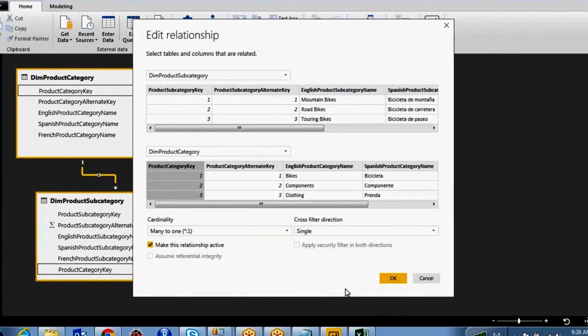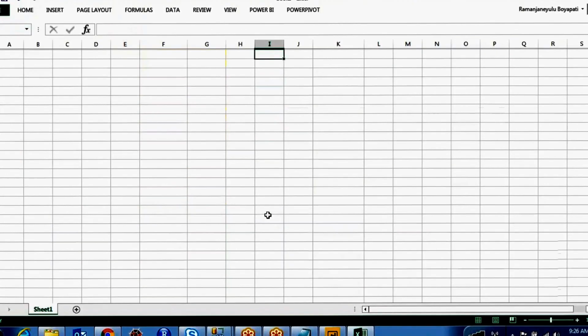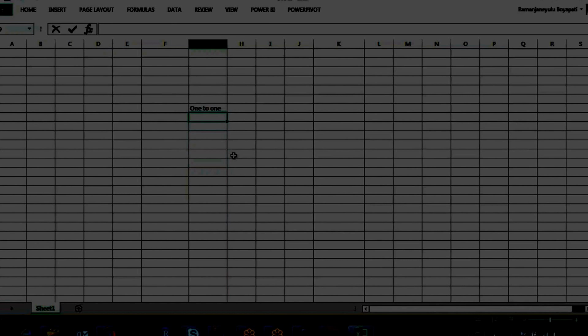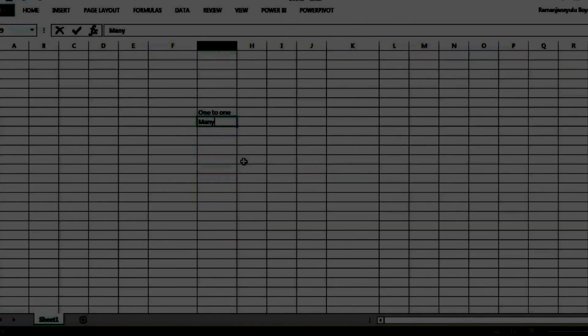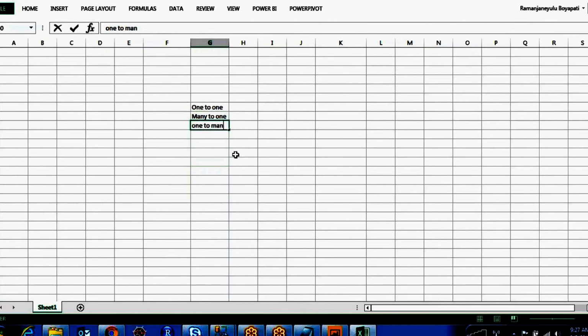Do we have to select this, or will Power BI select it automatically? It will detect automatically. Power BI automatically detects that kind of relationship cardinality. So one to one, many to one and one to many.